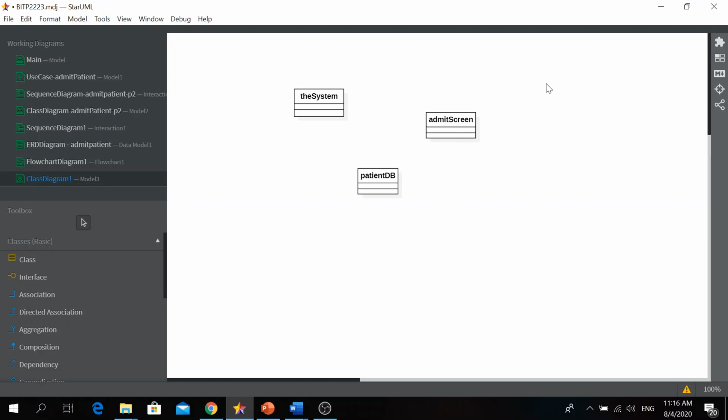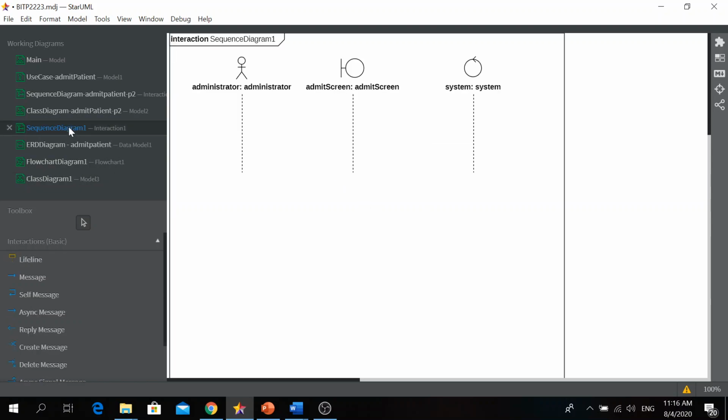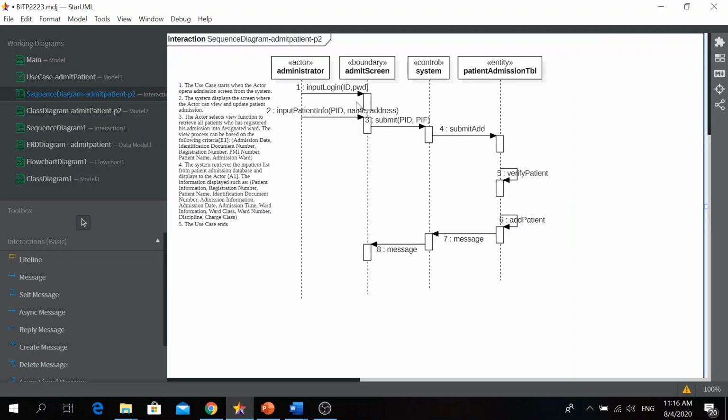From the initial class diagram, you need to go to the sequence diagram. You need to model your objects through the sequence diagram. This is where you come out with your operations and also the attributes.